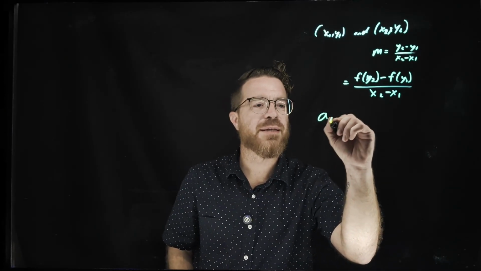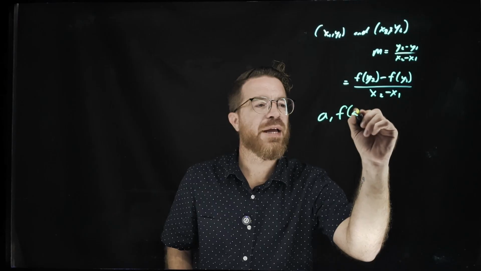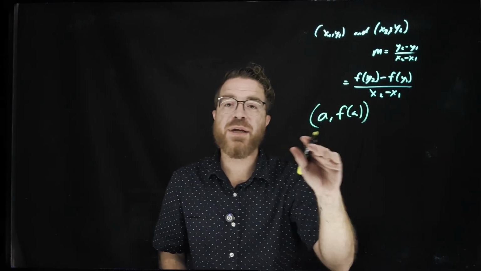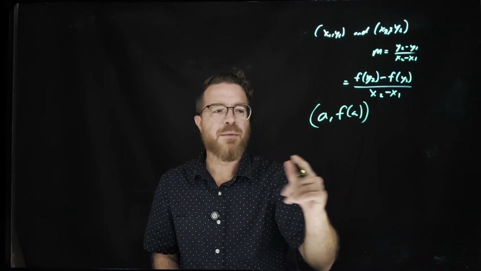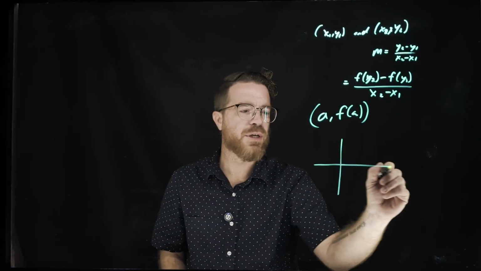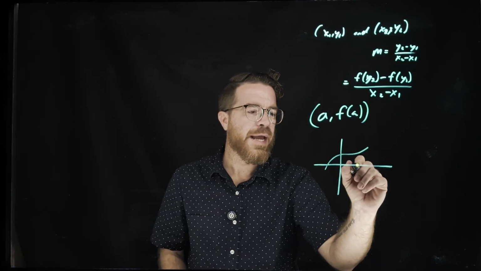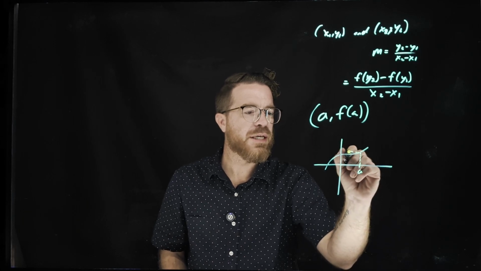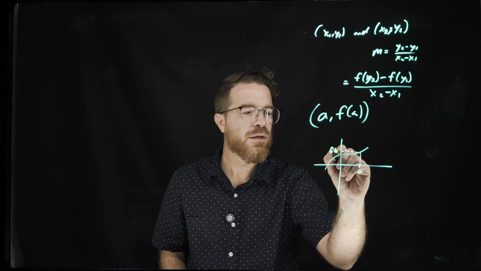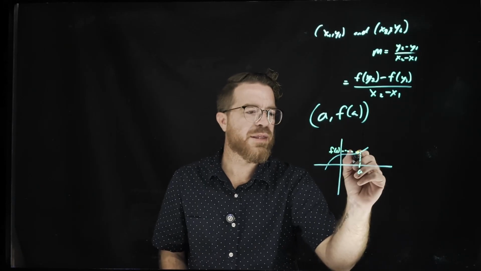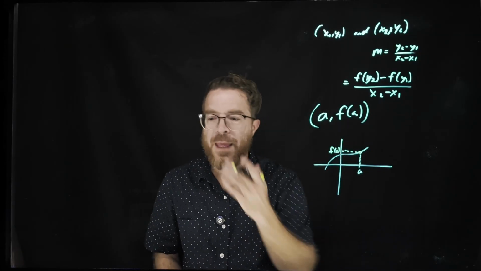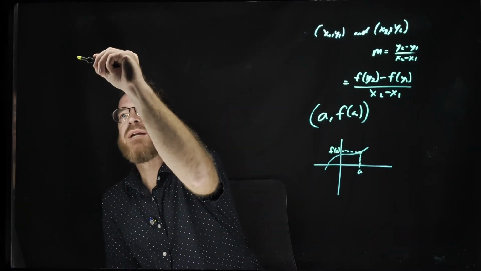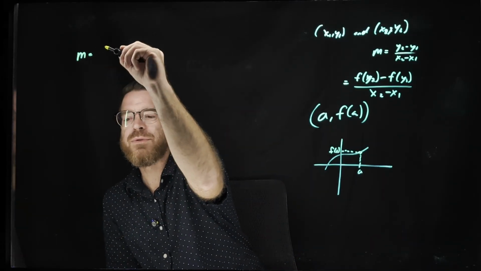So we'll write this as A, f of A. And this is the actual point that we want to find the tangent line for, meaning that, if we had some slope, for example, and this is our a value, then we would have some associated f of a or y value with that for that point. So then now what we're going to have is our slope m equals the